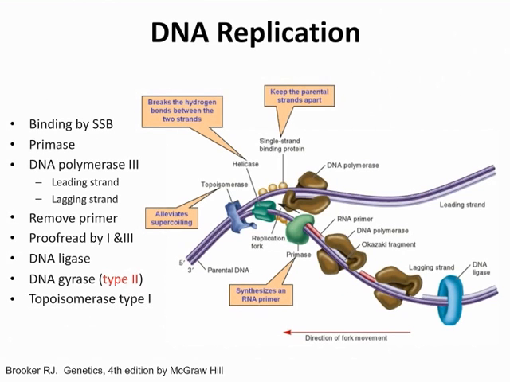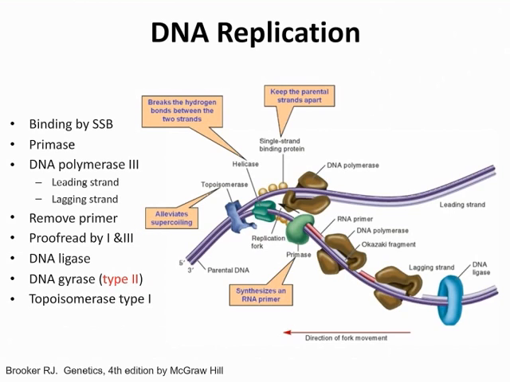Here we have another overview of DNA replication. So if we follow the boxes, we have single-stranded binding proteins, which keep the strands apart. We have helicase, which breaks those hydrogen bonds in the double helix so that replication can begin. We've got topoisomerase, which follows behind helicase to alleviate the supercoiling. And then we have the primase, which synthesizes that RNA primer that we need to begin DNA replication. So that's going to be removed later, and then DNA polymerase is going to take over for the synthesis of